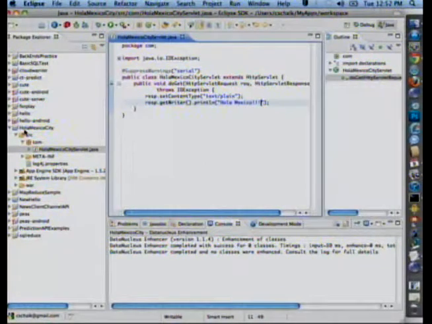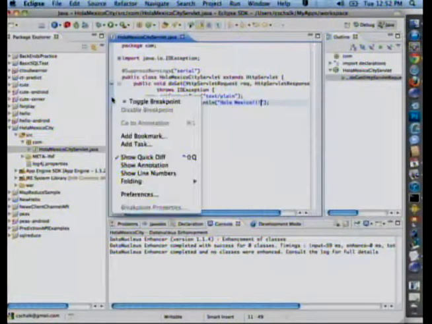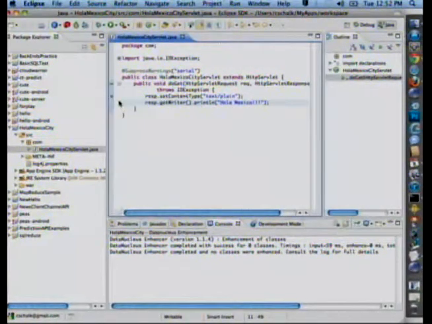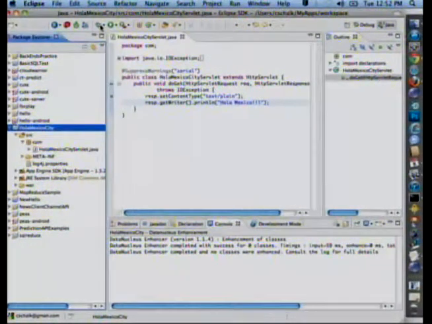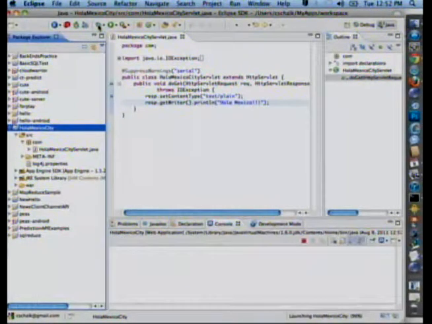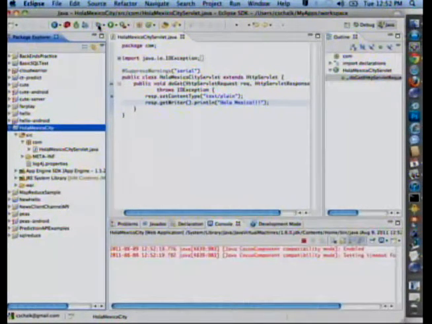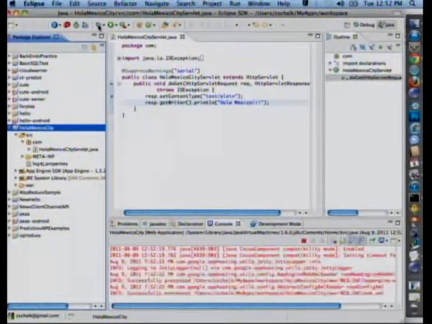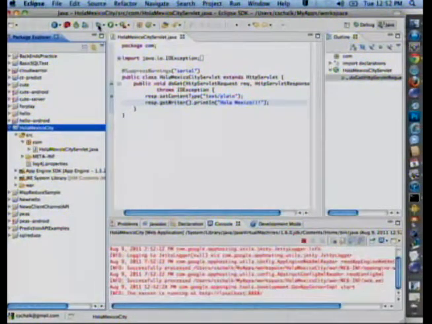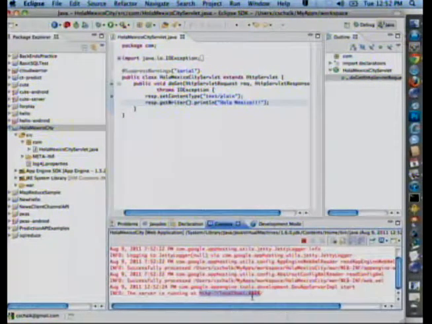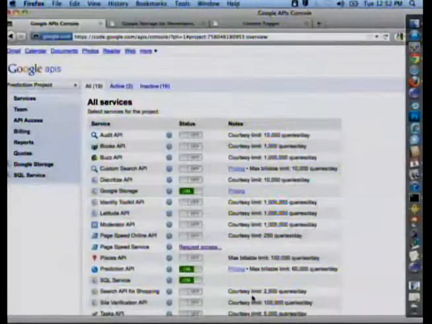Any Java developers, Java servlets are a very foundational type of web technology for developers on server-side Java. Let me go ahead and add a breakpoint, so that way I can show you the development lifecycle. I'll hit the debug button, and that will launch this application locally. So it's now running specifically in my environment. And once it starts up the local server, as you can see down here, I just have to go to this host and port. I'll just pop open a new